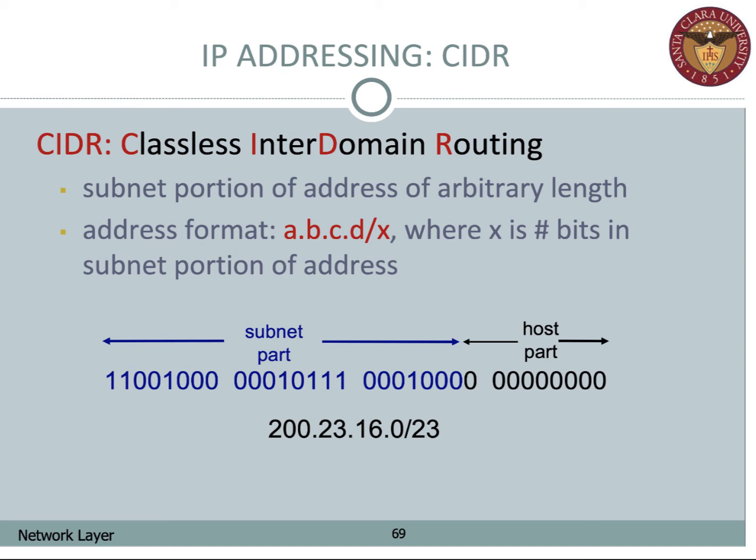For example, 200.23.16.0 is a Class C network in classful addressing. Class C networks use the first 3 bytes for network ID. However, a network admin may decide that rather than allocating 24 bits for the network, it would be more beneficial to allocate 23 bits, and the remaining 9 bits would be used for clients. Therefore, the network would be identified as